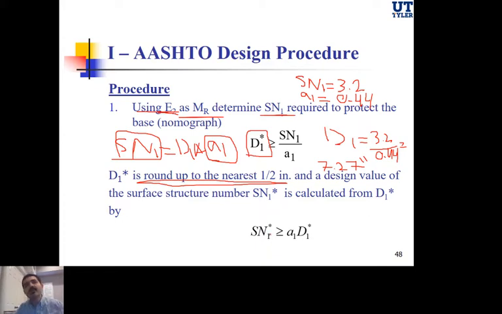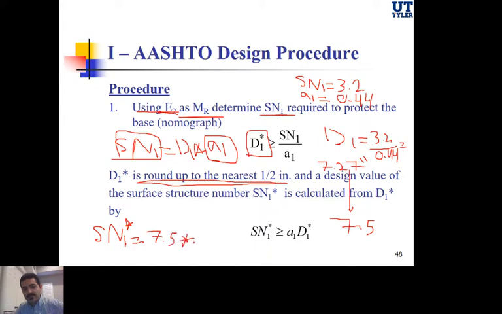Why is this? Because now I don't have 7.27, I have a thicker structure. So instead of 7.27, it's now 7.5, and this is the thickness. Therefore, the new structure number one, SN1 prime, is equal to 7.5